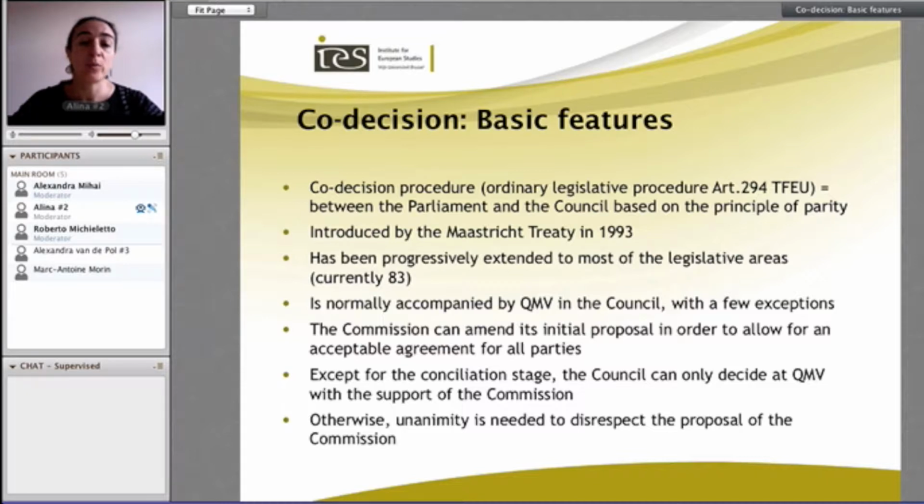And one of the most important areas that have come on board right now is agriculture, which takes up one of the biggest parts of the EU budget, and now it is also subject to the co-decision procedure, where the decision can only be taken by Parliament and the Council together. What's also important about the co-decision procedure is that normally it's accompanied by a qualified majority voting in the Council,